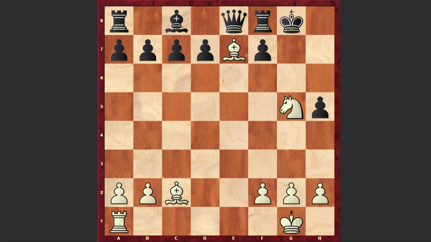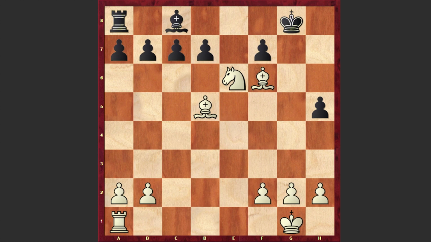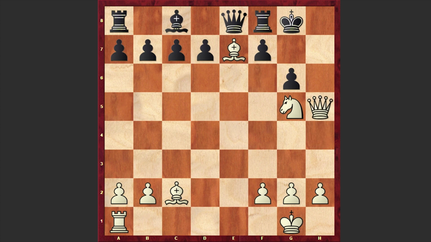Now, if a move like g takes h5, which is forced, then white can play bishop f6 with bishop h7, mating threat. And now all black can do is to give away his rook in order to gain a precious time and open up an escaping square for his king, but after bishop d5, white's position is totally winning. If rook e6, then knight takes e6, and white can easily convert this position to a victory. That's why after this impressive queen takes h5 sacrifice, we have a resignation.